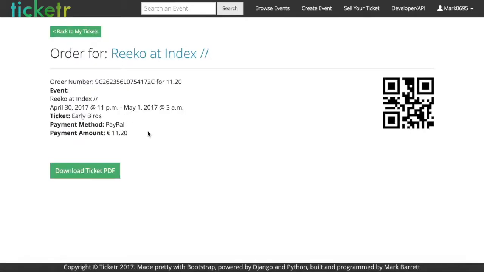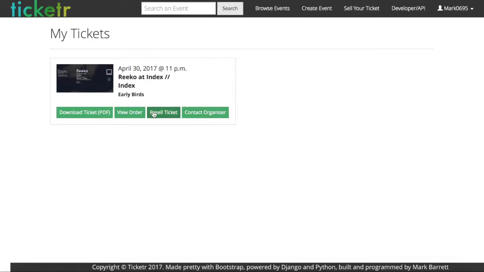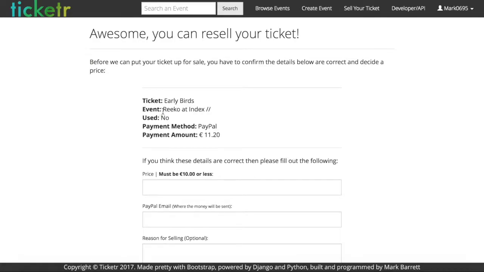I can now view my order, and as you can see, there's the QR code that will be used when you're entering an event. So when you're doing this, you would probably bring this up to the door at the event, or print out the ticket and bring that up. So some other options, you can resell a ticket if I have it permitted. Yes, I can. So let's say I didn't want to go to this event, or I couldn't go.